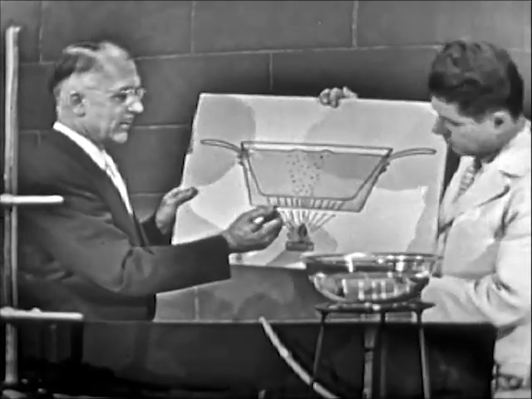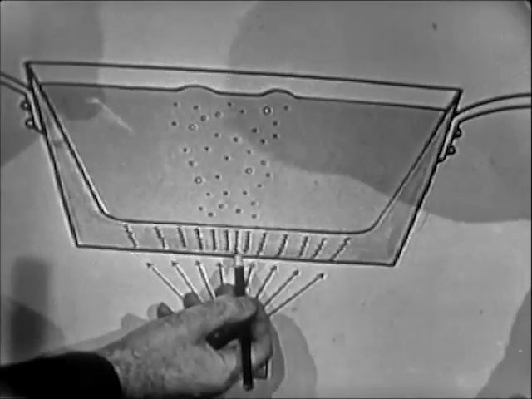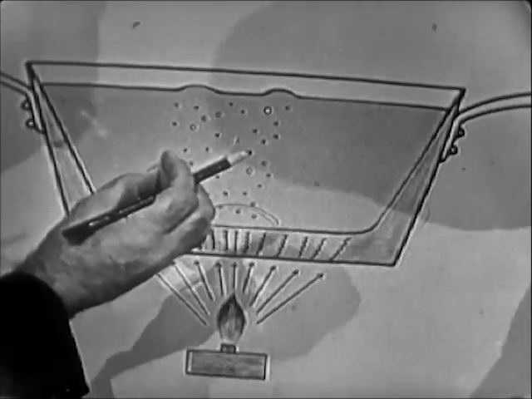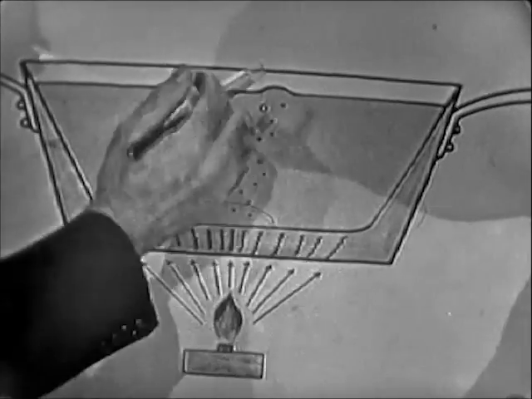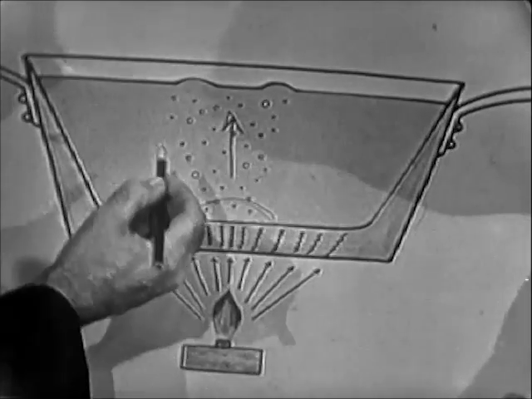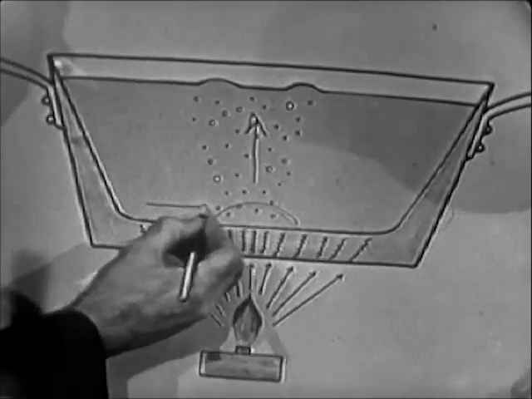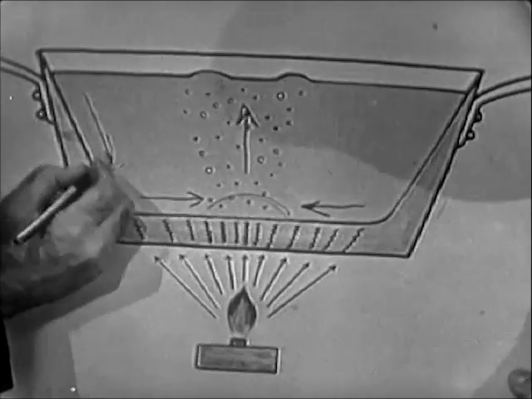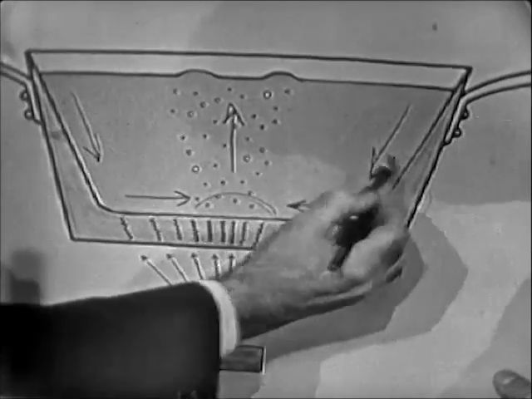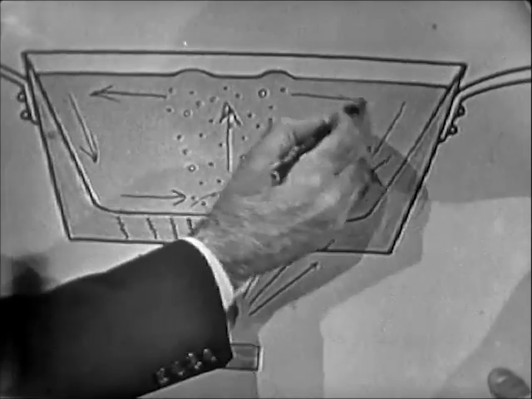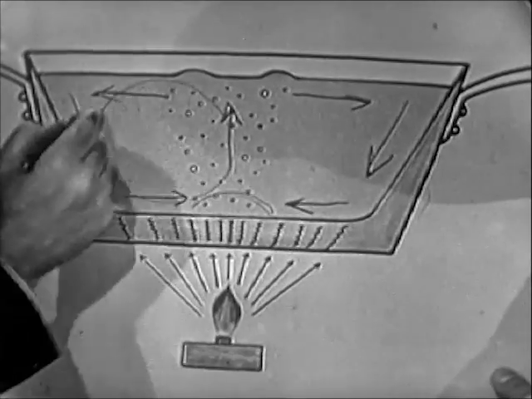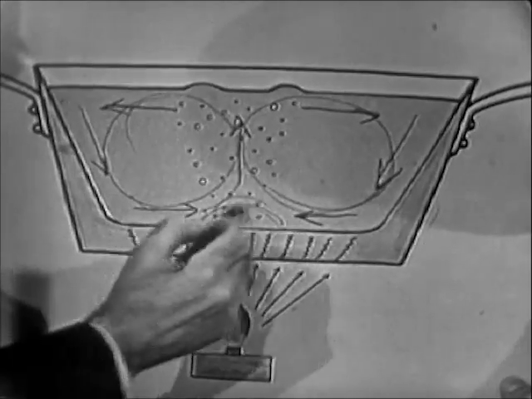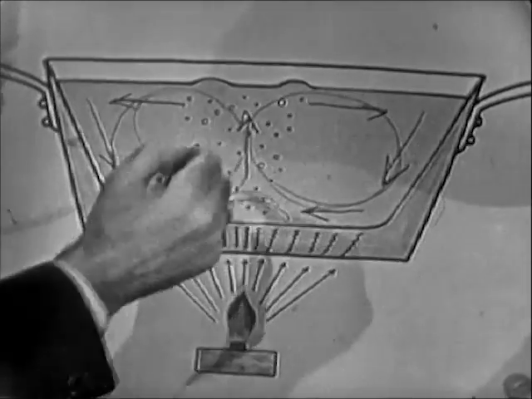Here we come back to our diagram of the pan, you see, Earl. When the heat is conducted through the bottom of the pan, it heats up the water here in this area, and the hot water has expanded. And it, being lighter now, rises to the top. It goes up here toward the top of the pan. Well, if warm water rises, cold water from the side has to come in and take its place like that. And again, cold water here comes down the sides to take its place, and in turn, cold water comes across the top. Now, you see what happens here? We have a current. Oh, a current is set up there. A convection current of water from the hot region here around continuously. And that's why a pan will heat up quickly.